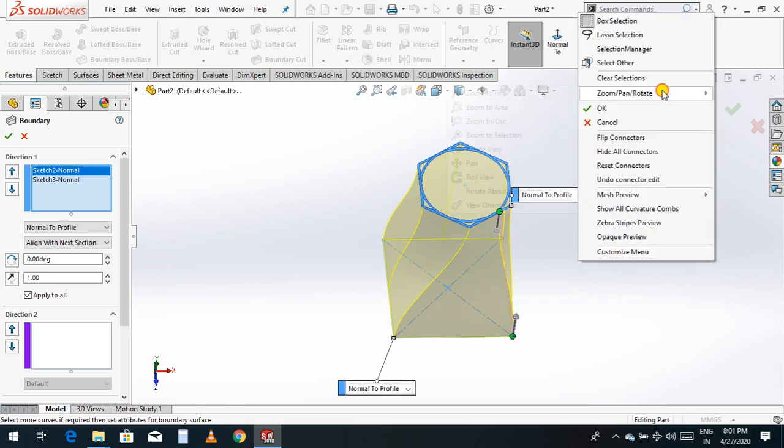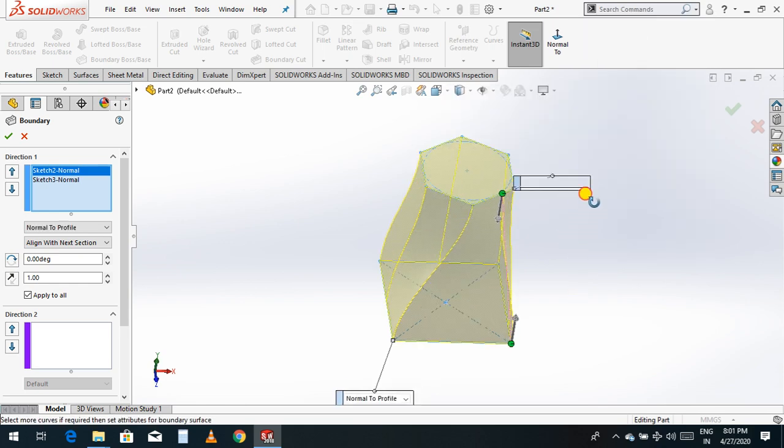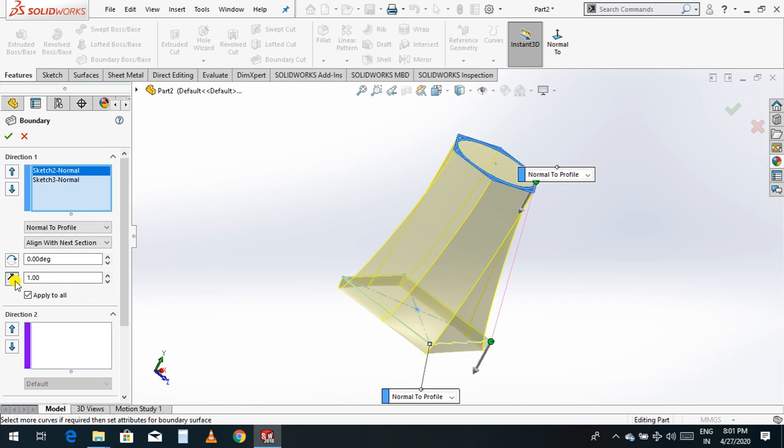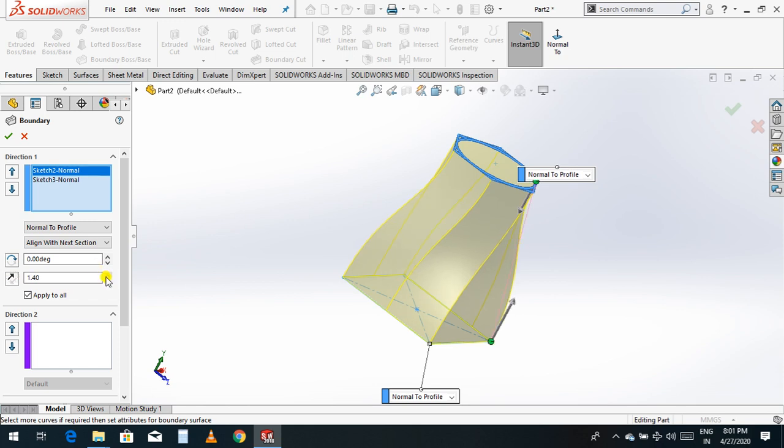Again you just rotate like this. Now see here, this is the flip direction. If you increase the value, the shape will be changed like this.